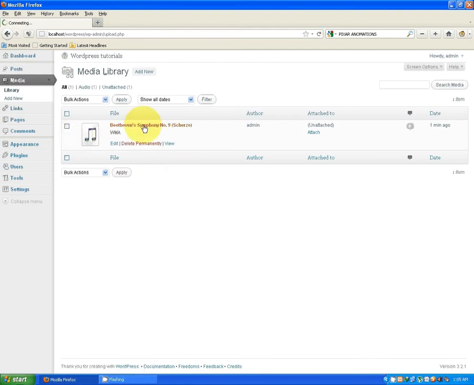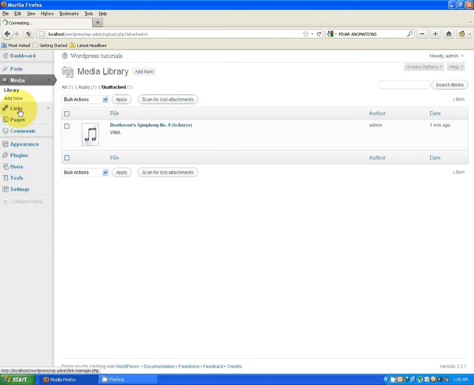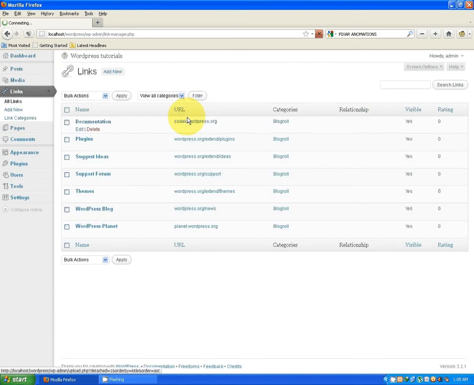Now we have one media item in our media library. It is of audio type, so audio is showing one, and it is unattached to any post, so it is showing unattached. On the left hand side of the screen there is another link named links. These are the available links right now.